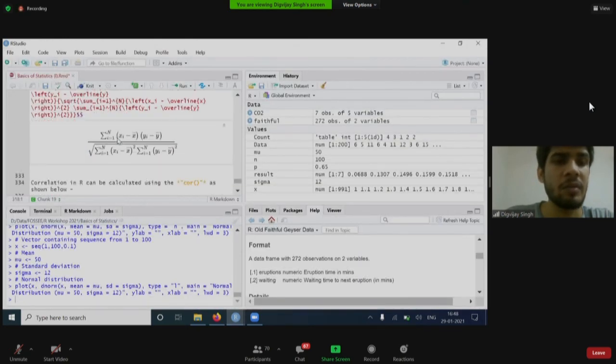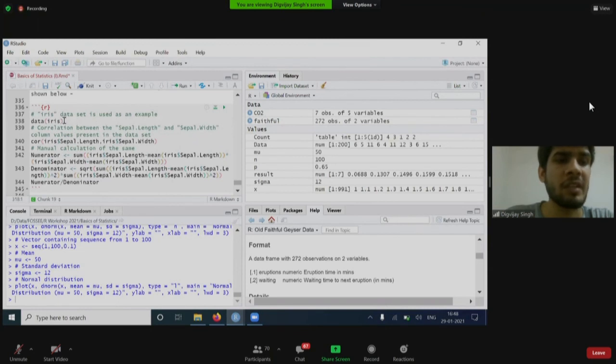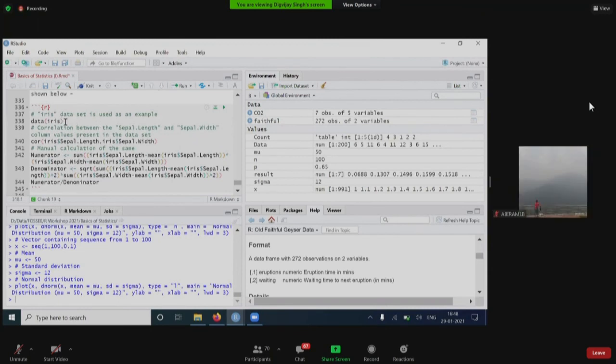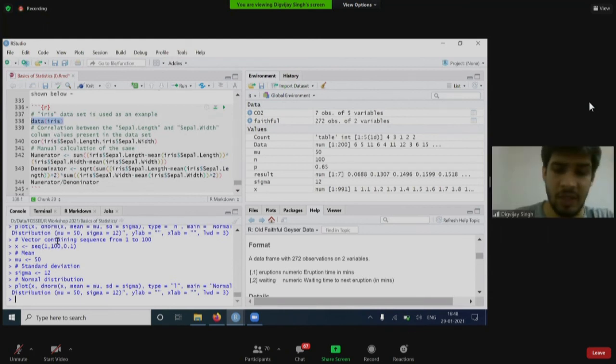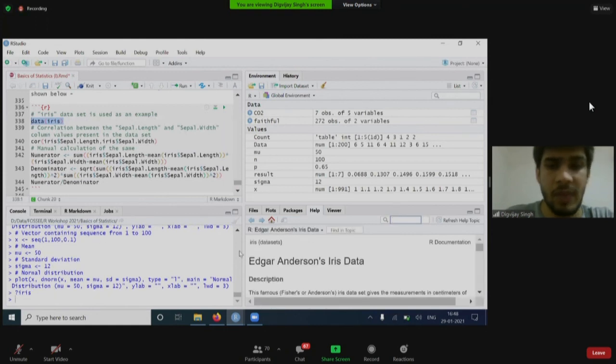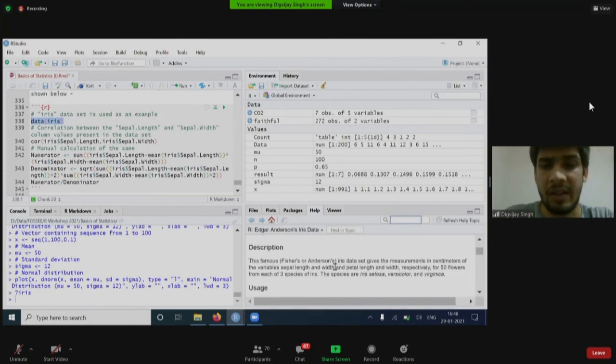So I'll get to the code. For this one, I've used the iris dataset. So let's check what the iris dataset is about. The iris dataset is the dataset of measurements in centimeters of the variables sepal length and width and petal length and petal width of 50 flowers of each of 3 species of iris.